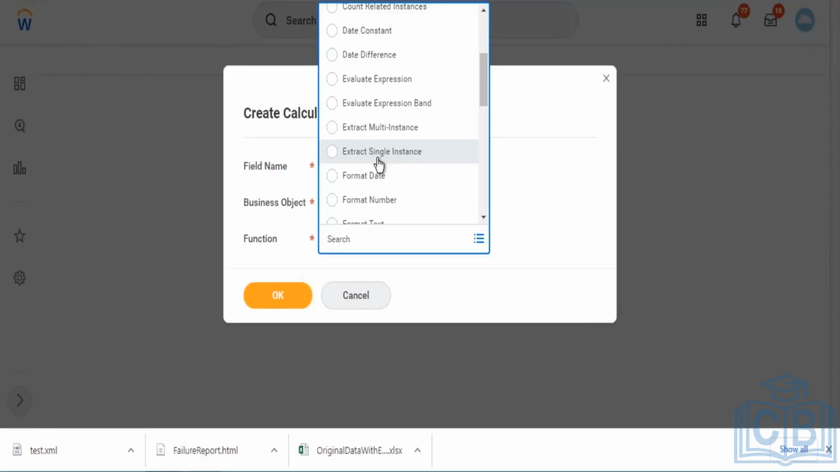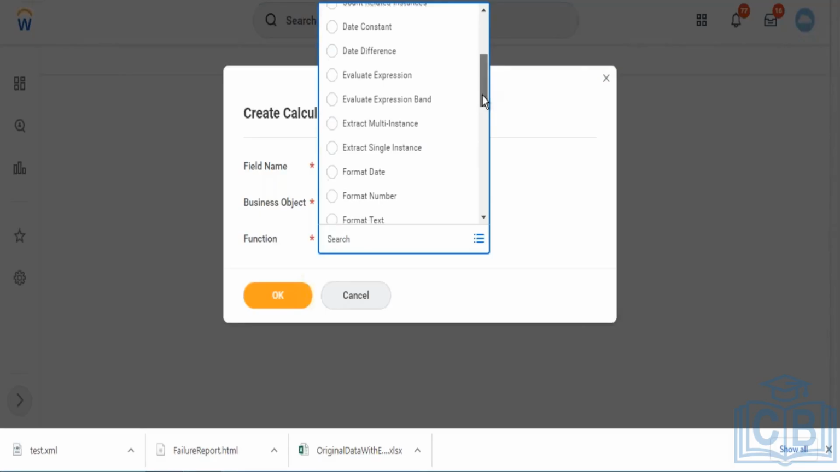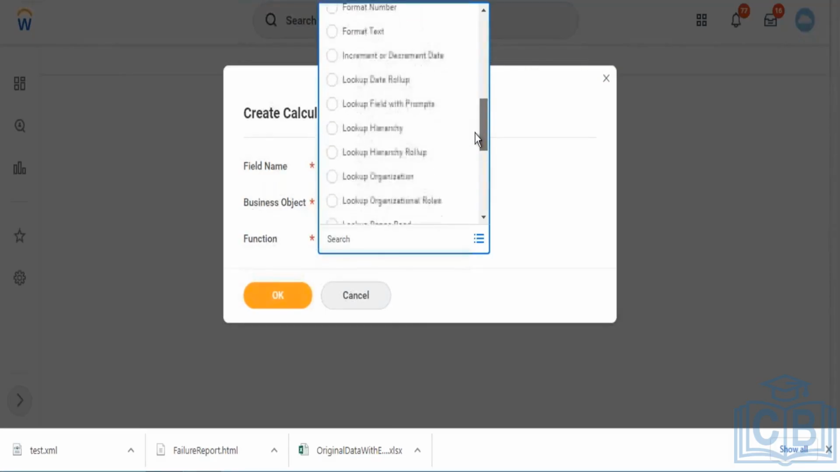Learning enrollment is one related business object of worker. And if you wanted to return any kind of value from learning enrollments to the worker business object, what you'll be doing? If there is a kind of single instance or multi-instance, you'll be creating that calculated field in a single instance. And there is one more function which transforms from one business object to another business object, which is